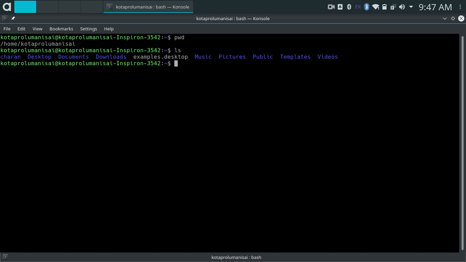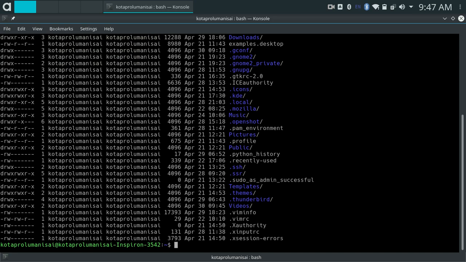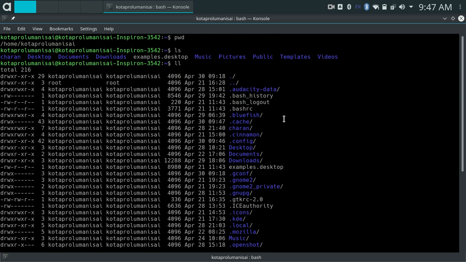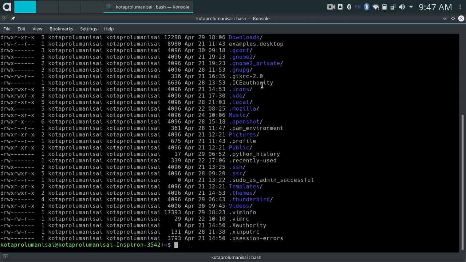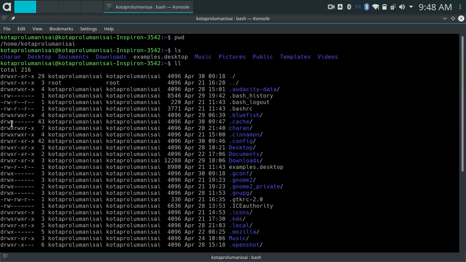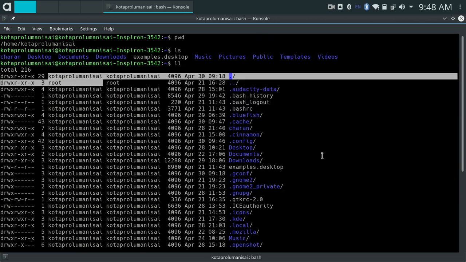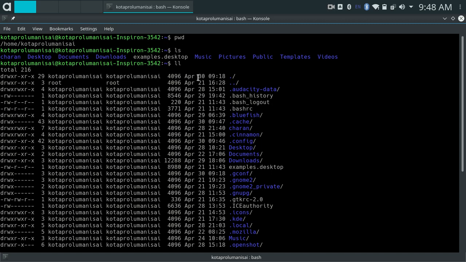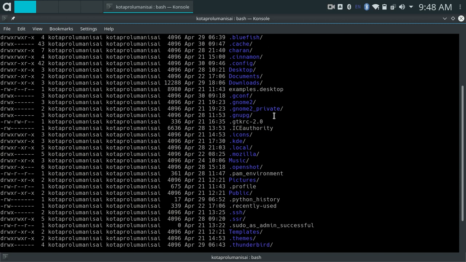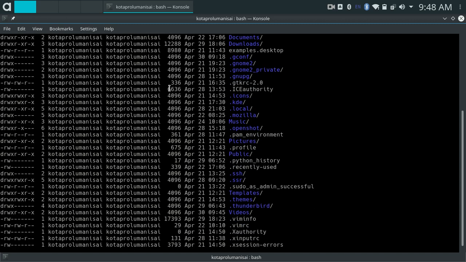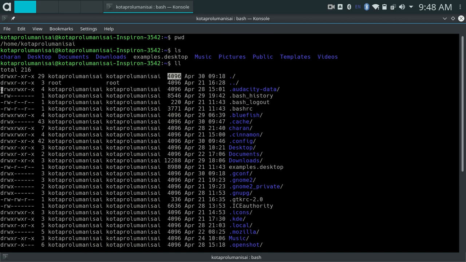In order to see them, we need the command ll. ll gives all the hidden files, directories and configuration files. All these files starting with a dot are configuration files. It also gives some additional information about the file permissions. These are the file permissions, and the username, the date when they were modified or changed, and the size of the file or directory.